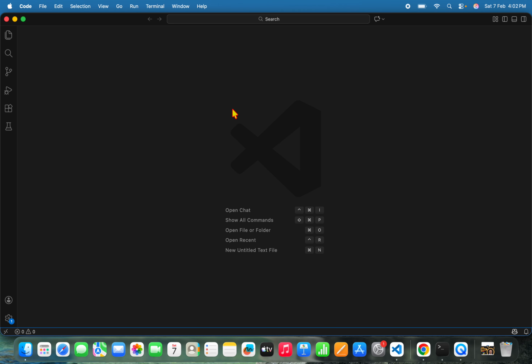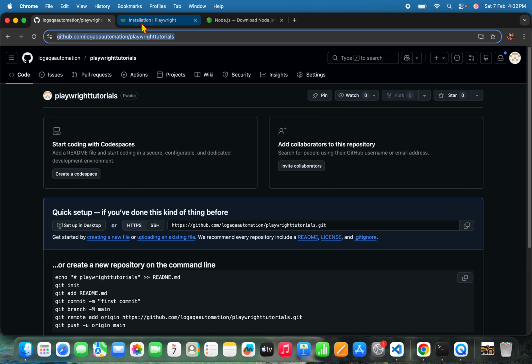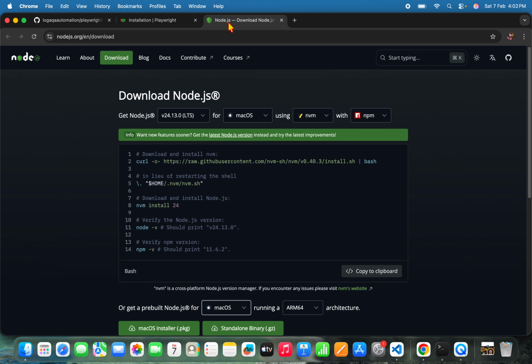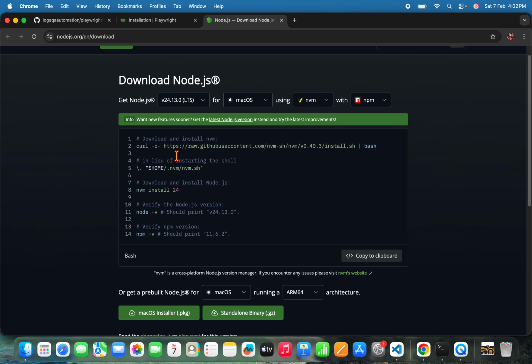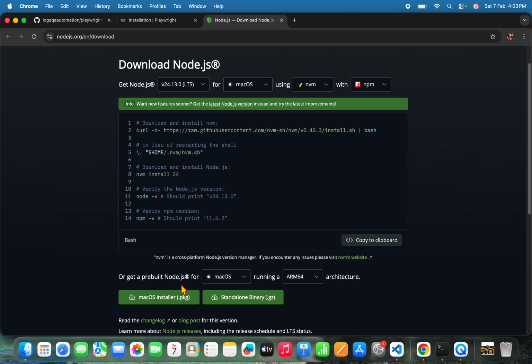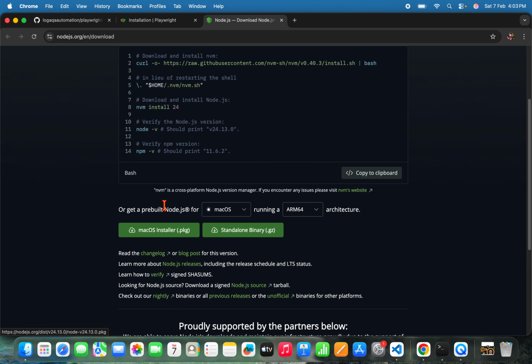So before we go there, I'll tell you the prerequisite we need for learning this Playwright. So the first thing is Node.js. So this is the URL that you can go and get your Node.js installed in your system. And what I would suggest is, instead of installing it through npm, I would suggest you to go with the installers. So since I'm using Mac OS, I have selected Mac OS, and then I've selected what is the